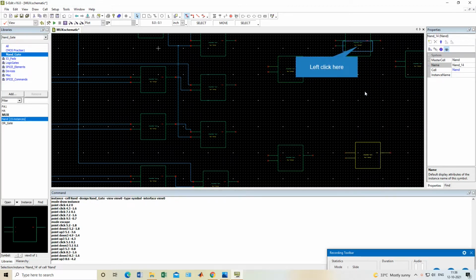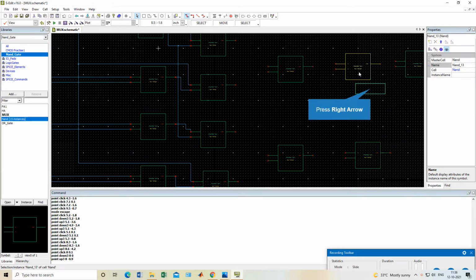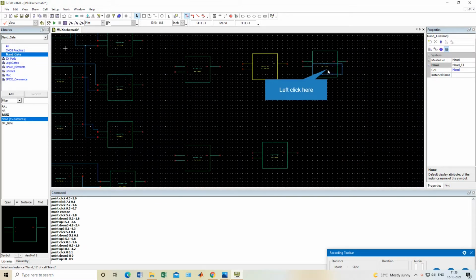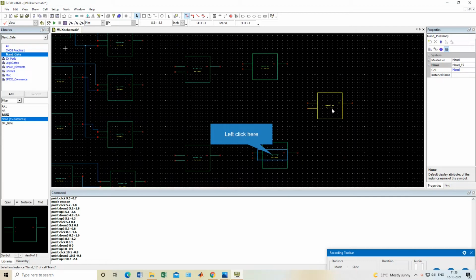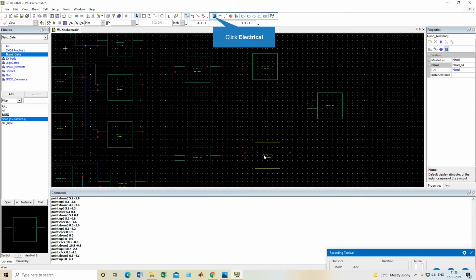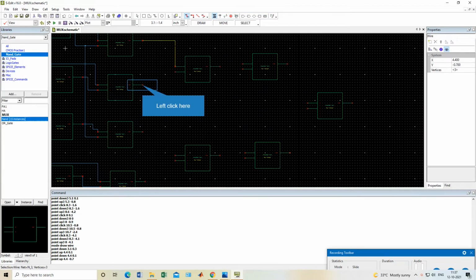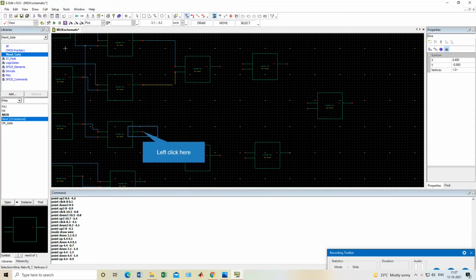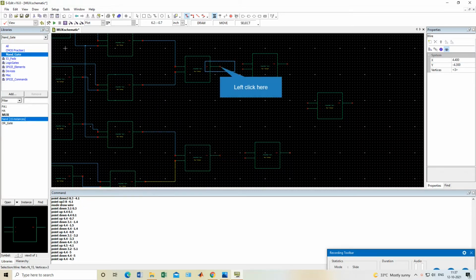Okay, and this NAND gate will act as just an inverter, and this is the final one. So we will take one wire and connect this from here to here, and this from here to here. And we'll take one wire, connect this from here to here. Take one wire, connect this from here to here.